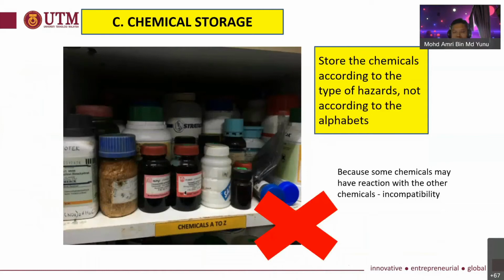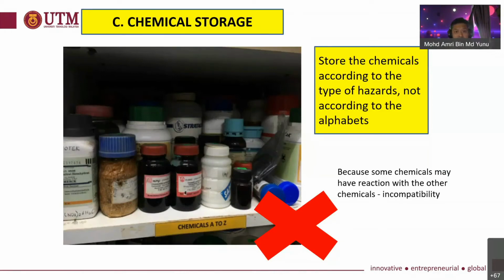For storage, you have to check the type of the chemical. For example, whether it is flammable, corrosive or not corrosive. And then classify it according to the proper type and select or find a proper storage